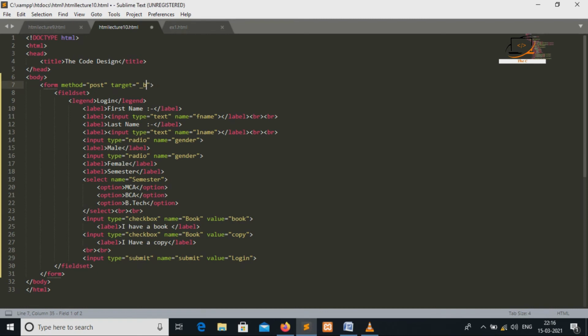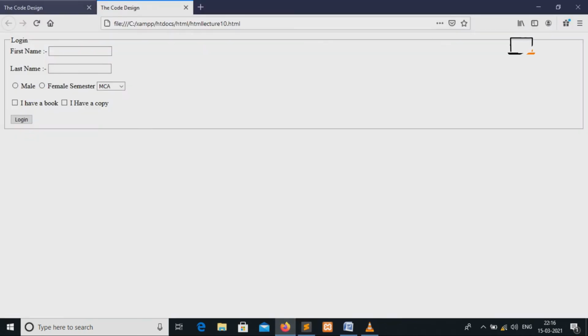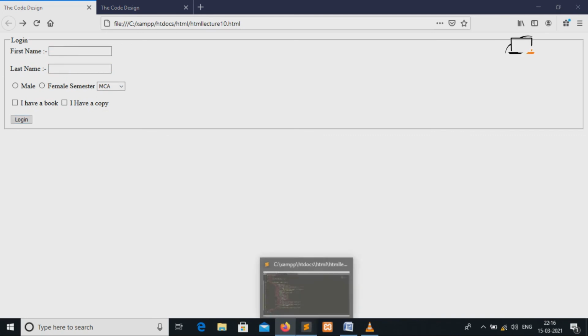But after we use self target, it should run on the same page, not redirect to another page. Here, if we fill the form and login, it should redirect to same web page.